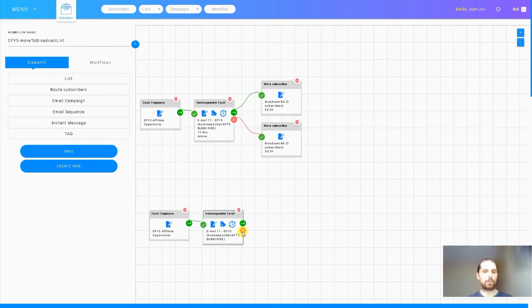We want to configure both the same way so that if they open the email, they are going to be moved to the broadcast BA list. And if they don't open the email, they will be moved also to the same broadcast BA list. That way they are moved in any case to the broadcast BA list after the 11th email, unless they sign up to the trial or they sign up to a paid plan,